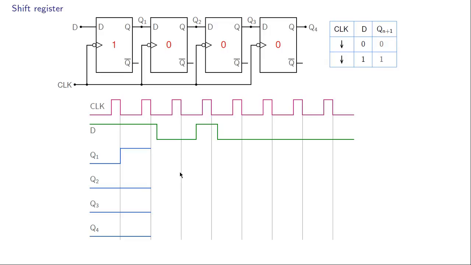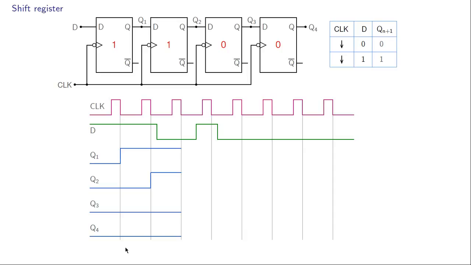And then of course it's not going to change until the next active edge. What about Q3? For Q3, Q2 serves as the D input, which was 0 just before the active edge, so therefore Q3 will stay equal to 0, and similarly Q4 will stay equal to 0, like that. So now we have 1, 1, 0, 0,